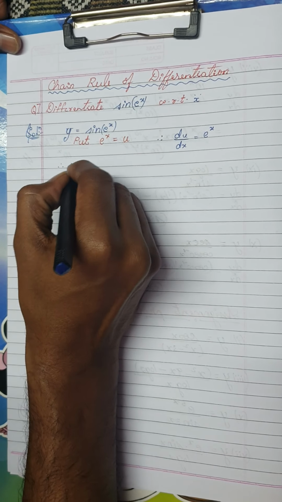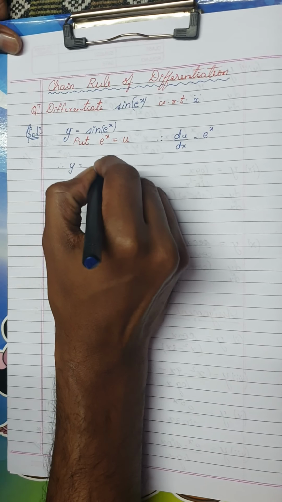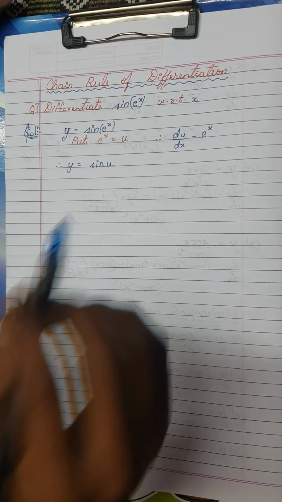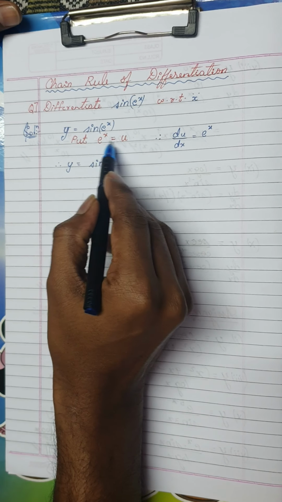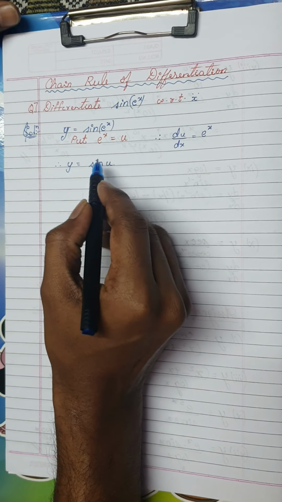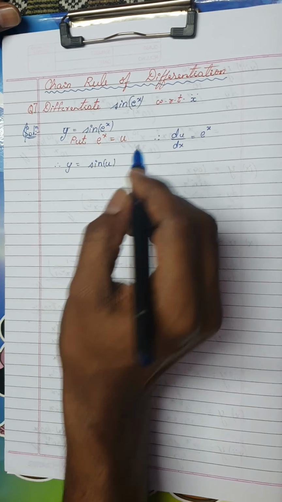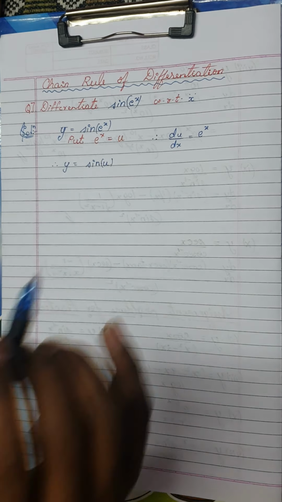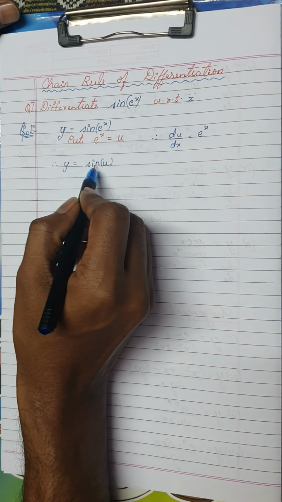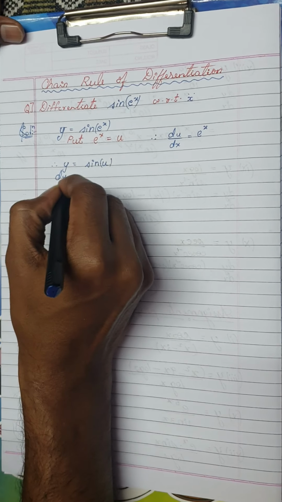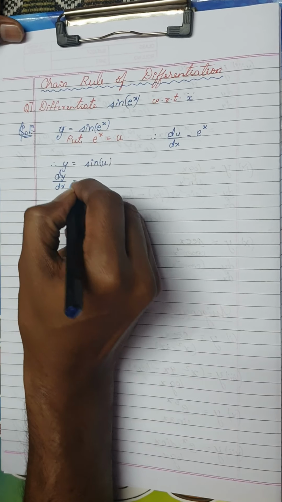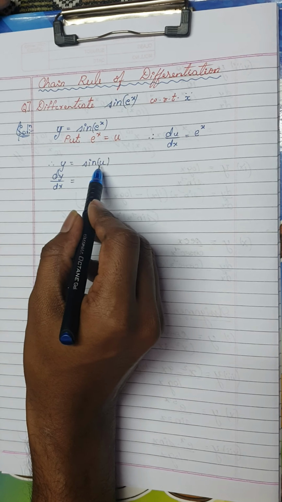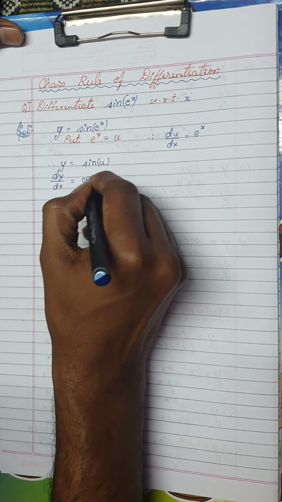But here what happens, I have y is equal to sine u. Okay, I have y is equal to not sine e power x, I have replaced e power x as u. It is sine u. Don't write it as one word, sine u. Okay, it is sine u. Now I want to find out dy by dx. So we know the derivative of sine is nothing but cos u,